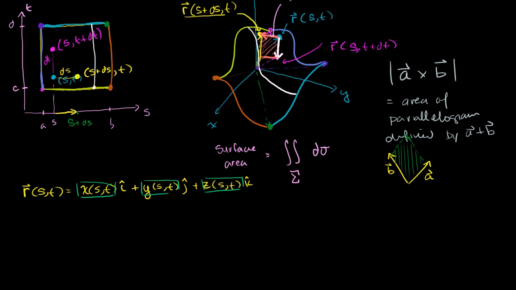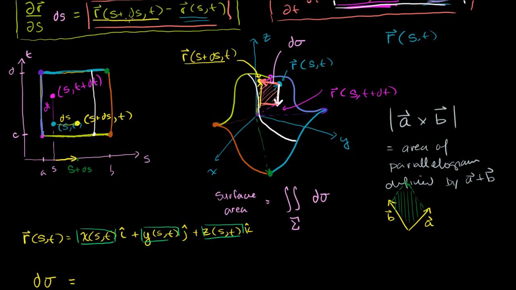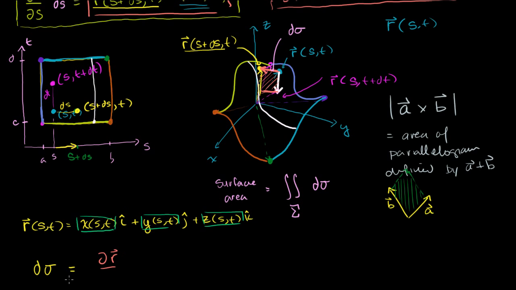So we can write that d sigma is equal to the cross product of the orange vector and the white vector. The orange vector is this, but we could also write it like this. This was the result from the last video. I'll write it in orange. So the partial of r with respect to s